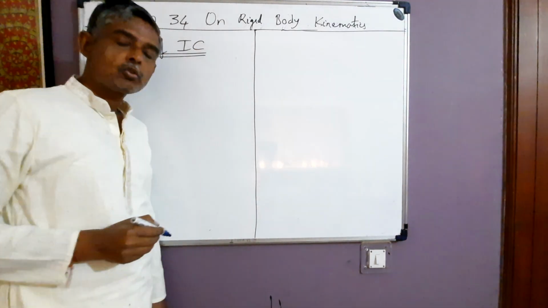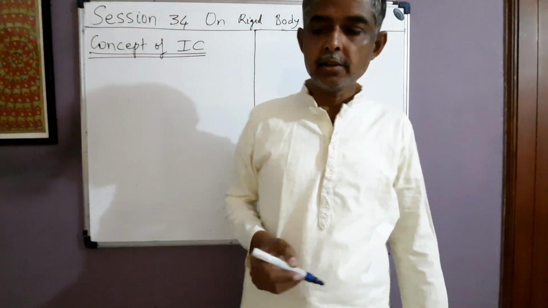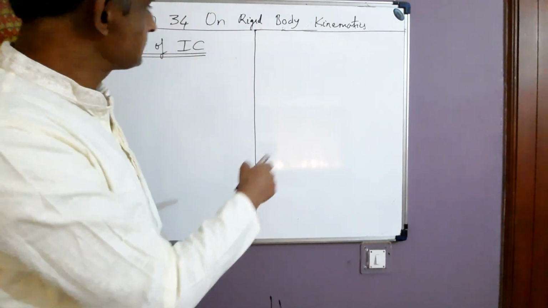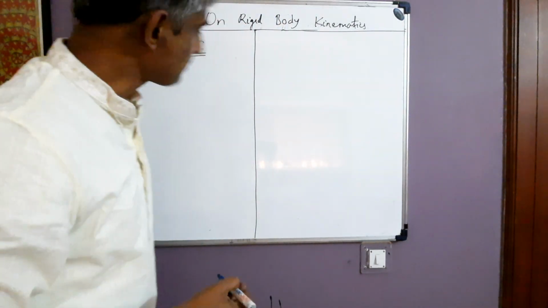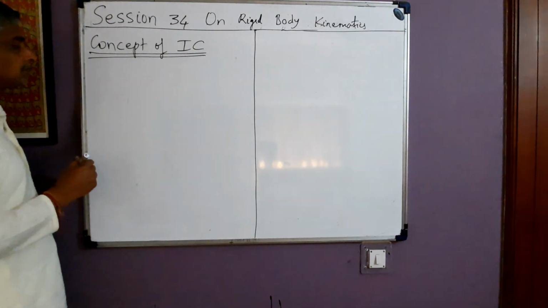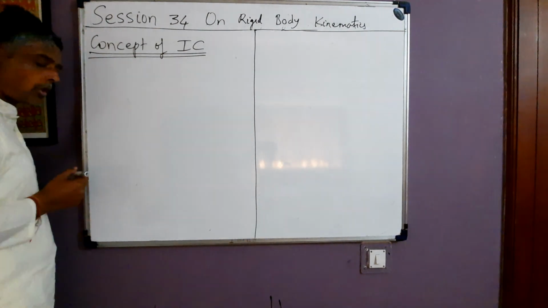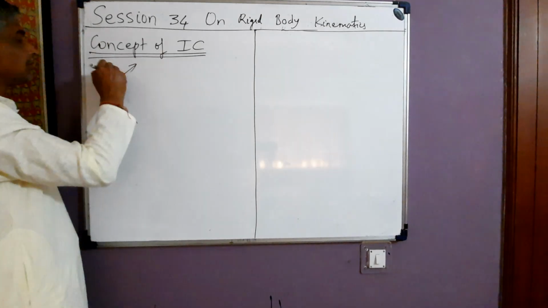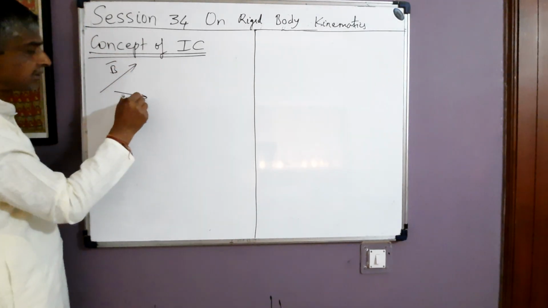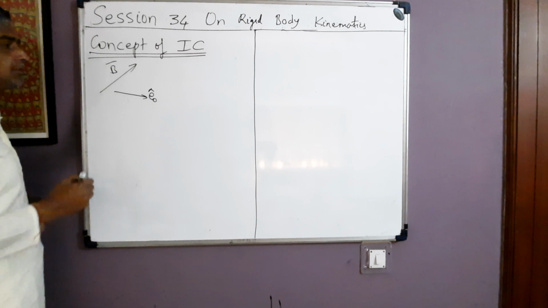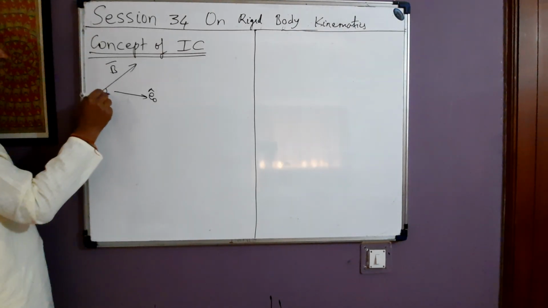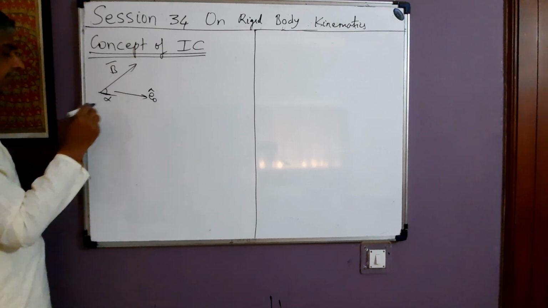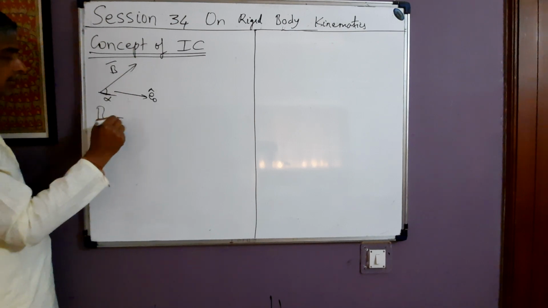Okay. So before I define IC, I'll just pick one or 2 points just to remind you, because those concepts will be used in this chapter. First of all, you must remember that suppose we are given some arbitrary vector B, and this is some direction along which the unit vector is E naught hat. Vector B makes an angle of alpha with E naught hat, this direction. Then the component of vector B along this direction is B parallel, say,